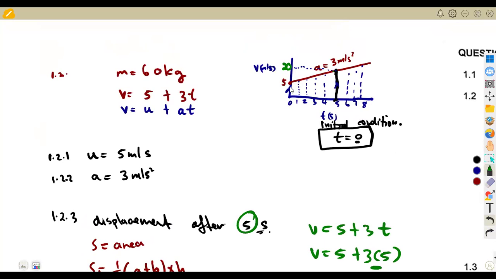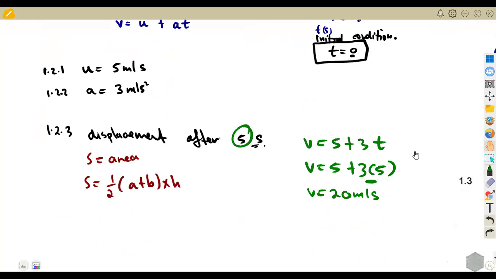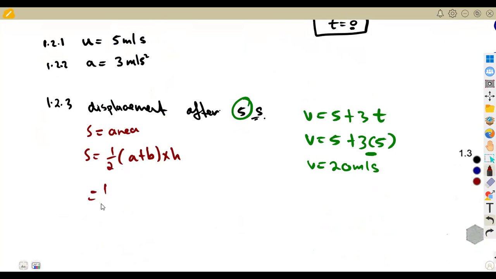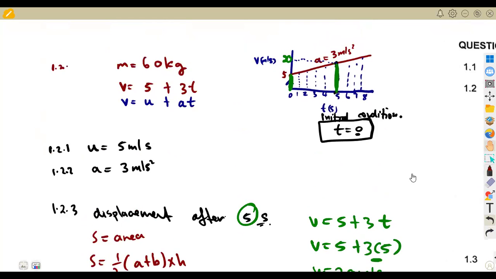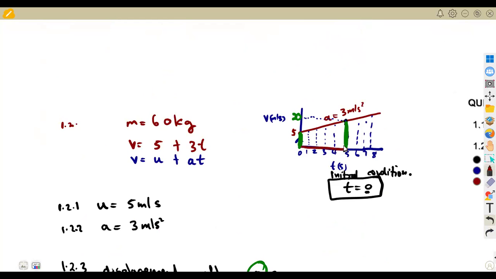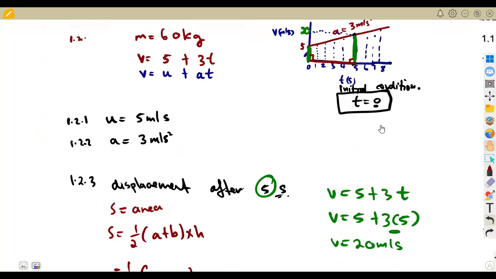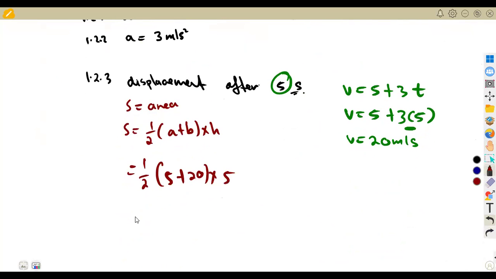So when you are using half sum of the parallel sides, which are these sides, that is going to be 5 plus 20. So this will be half sum of parallel sides. So that is half of 5 plus 20 times the perpendicular height, which is the height between the sides which are parallel, which is this one, at 90 degrees. We are talking about this distance of 5 meters, of 5 units. All right. So that is going to give us the displacement. If we take it this way, that means we are going to obtain our displacement as